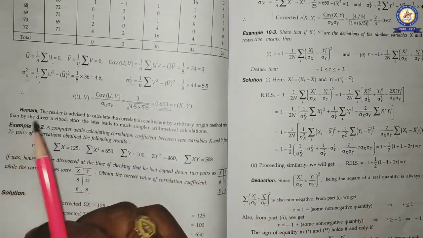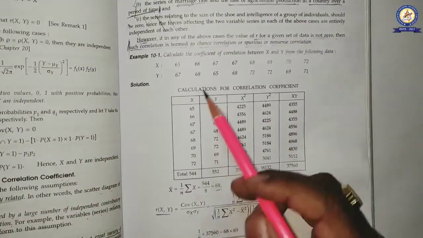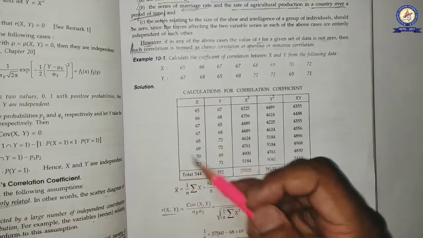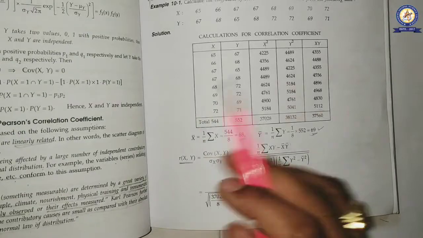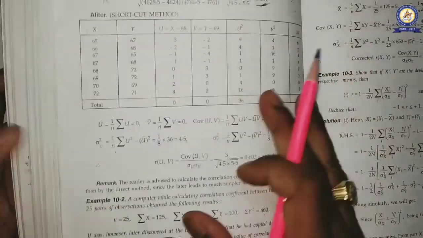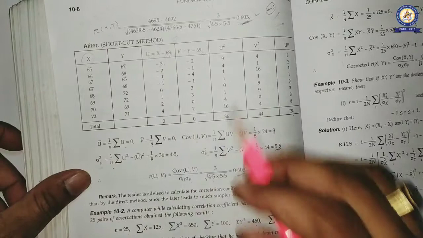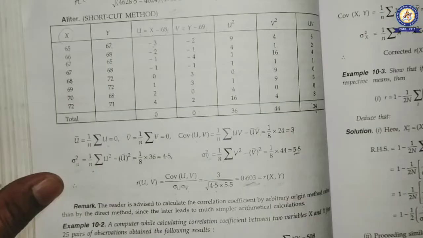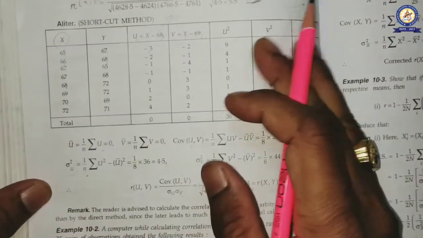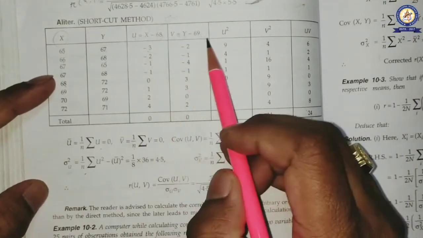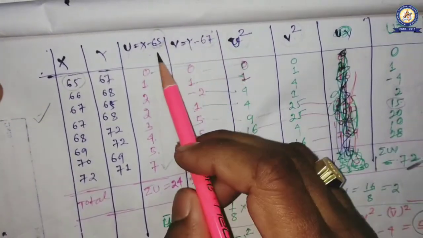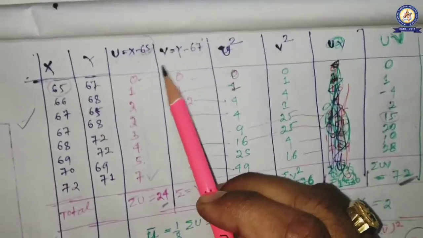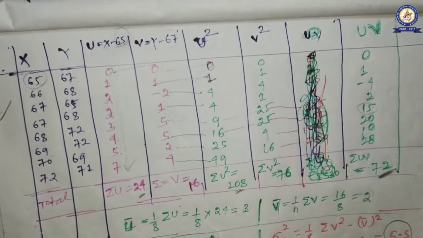Okay. Hello everyone. In our last class, we discussed in detail this numerical by this method, and by considering another method, where x and y are transformed to u and v by considering a different origin. That means this method also we discussed. In the book, the author considered 68 and 69, the two origins. In that video I told that any origin you can consider. So in this way also, by considering 65 and 67, we found the same answer.